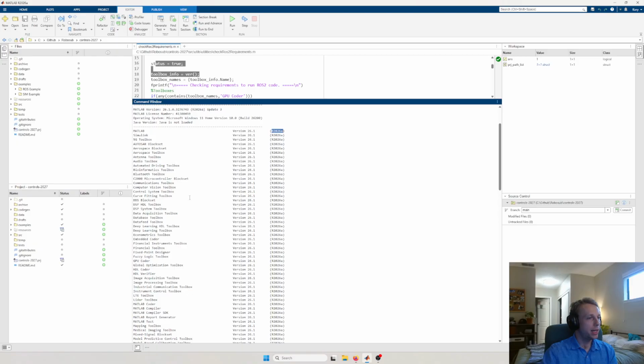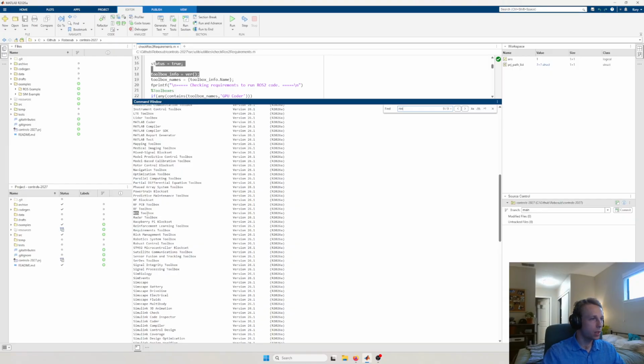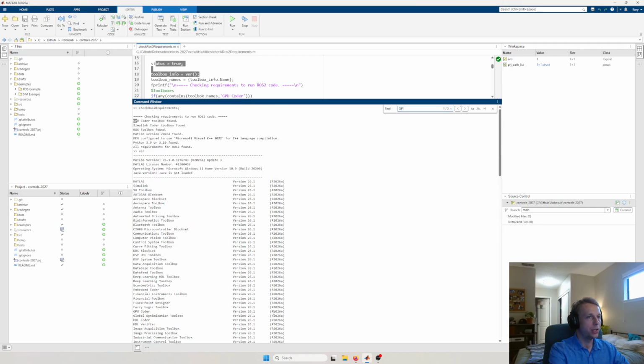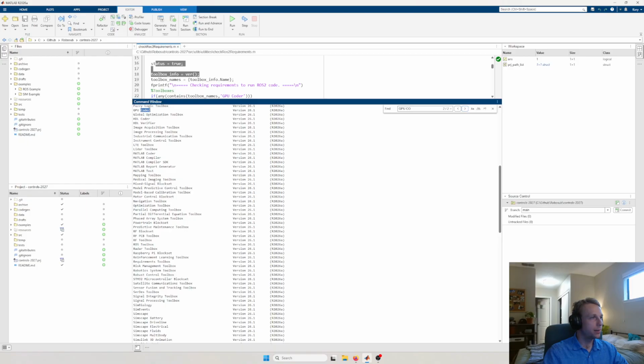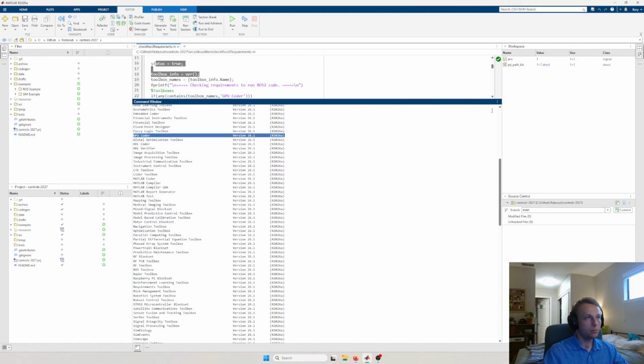The other thing we need is the ROS Toolbox, obviously. Here it is down here. And the other ones I'm talking about are the Simulink Coder Toolbox, which is right here, and the GPU Coder Toolbox, which is right here. If you don't have those installed, you can go to the Home tab,